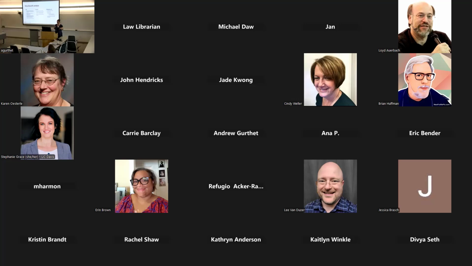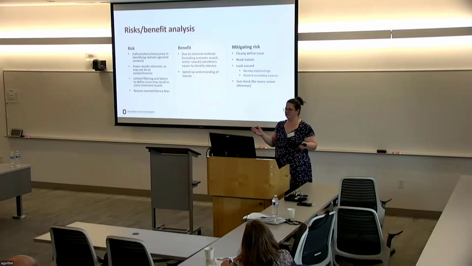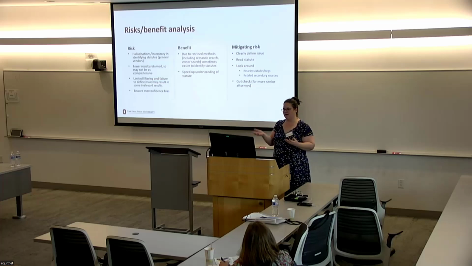You also have limited filtering in some of these products. In Ohio, we have intermediate appellate courts, and they are binding law within that district. And I believe similar in California. So I can't limit right now in any of the products to only one of my districts in the appellate courts. And that's a big problem, because if the law in that district is the most important to me, I can't filter down to that level. And that might also result in getting some irrelevant results.